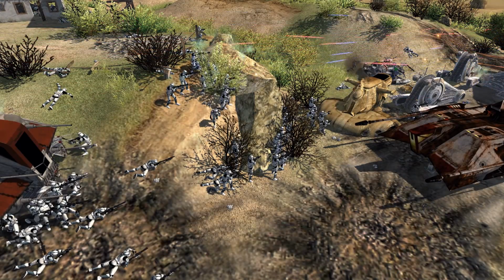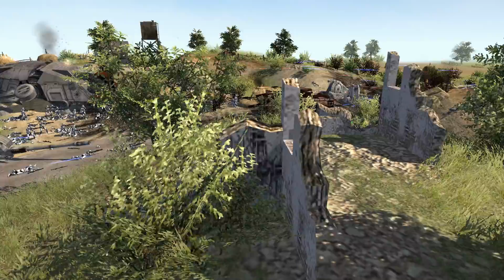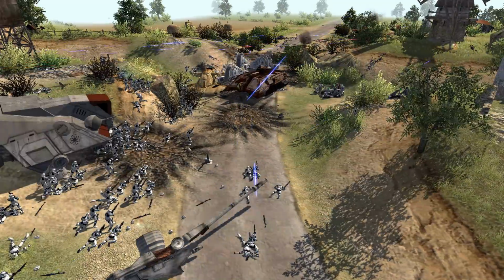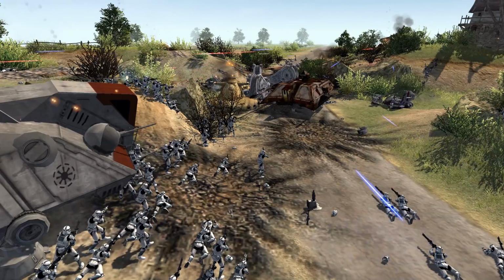Not a terrible idea. They do have a good amount of cover, but I don't know. I would spread out my men a bit more, but hey, it's the AI, you know? What can you do? Always sort of a nice way to see how the balance of the battle is going